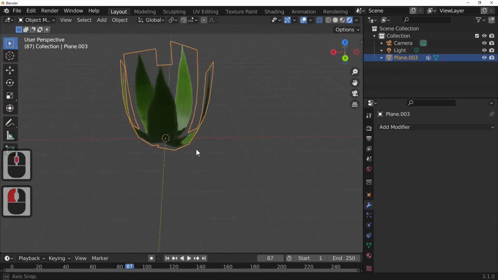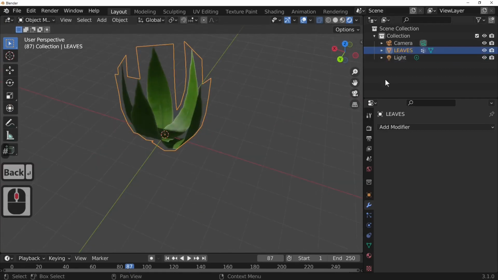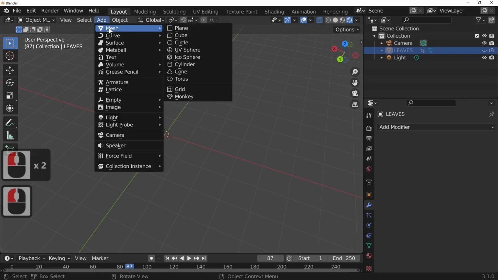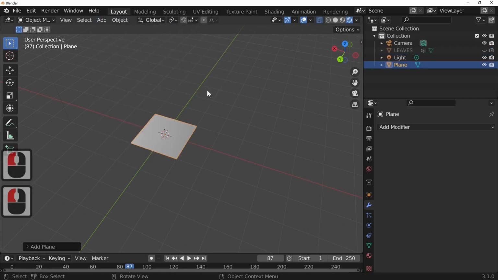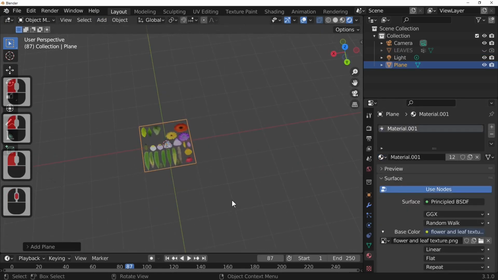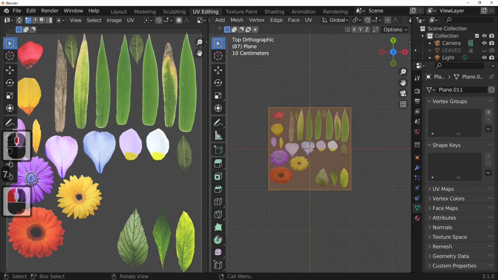So we've now made the leaves. I'm just going to rename them leaves. So we've made the leaves, and now what we're going to do is just hide them, because at the minute I don't want to see them. So I can hit the eye there and hide it in the render as well. I'm now going to add in another mesh, which is a plane. Add the original texture to it, which is the material texture, and looking from the top, what we're going to do is go into the UV editing just the same,